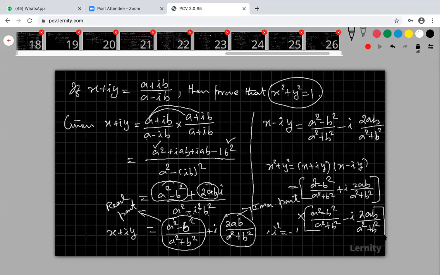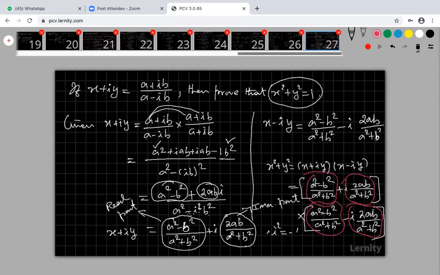So these are very big terms, sir. How to multiply? Don't worry about that. You consider this is my a, and this is b. Totally, a plus b, a minus b. What is the formula for a plus b, a minus b? It is nothing but a square minus b square. I am splitting the numerator and the denominator here. That's all. Please try to understand. So this is a plus b, a minus b.